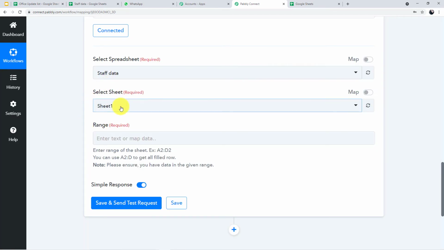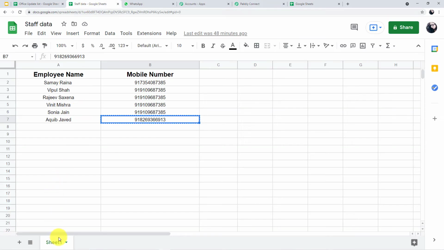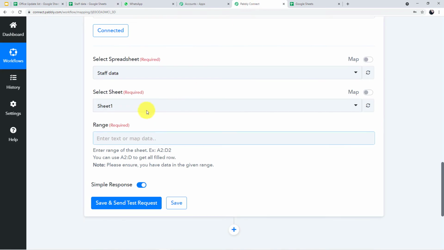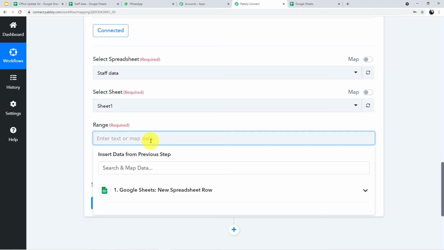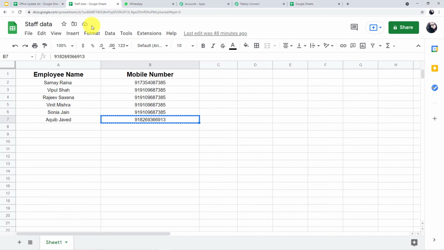After this it is asking for the sheet number. We have only one sheet here, so it will automatically take it like this. Then it is asking for the range. So here you have to put the range of data you have in your spreadsheet. To put the range, you just have to go to your spreadsheet and copy this, select this